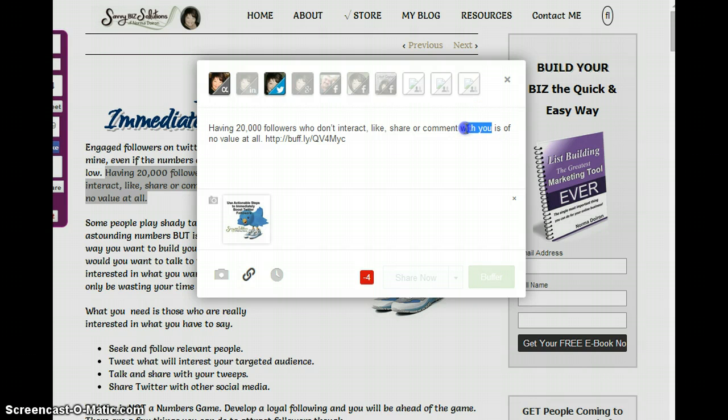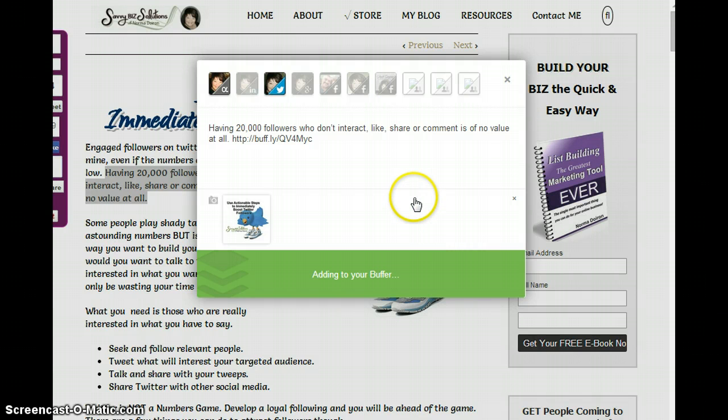Let's just take out something that will still make sense in the tweet. There you go. So having 20,000 followers who don't interact, like, share, or comment is of no value at all. And we've got the link back to your site and the graphic, and we're all set to go. So now we're going to buffer that into our